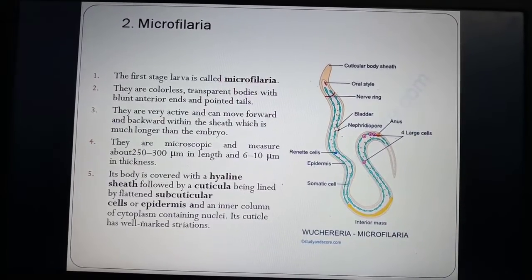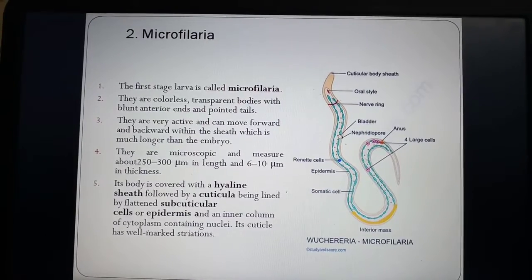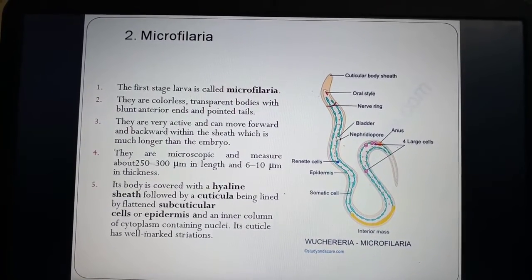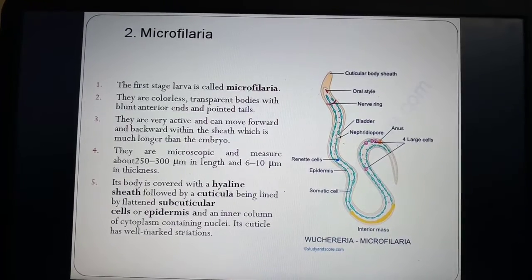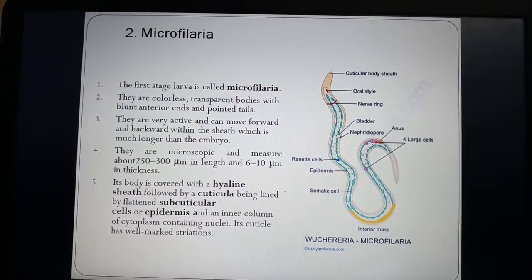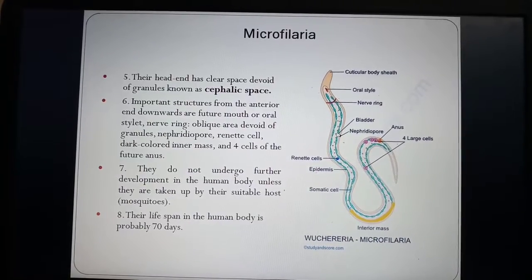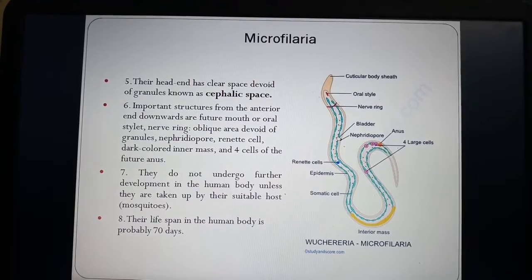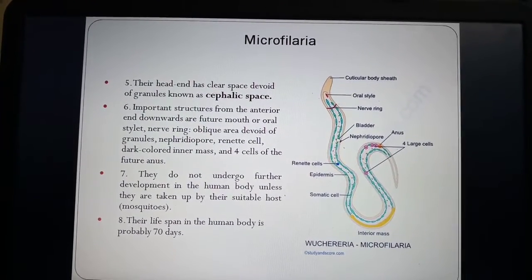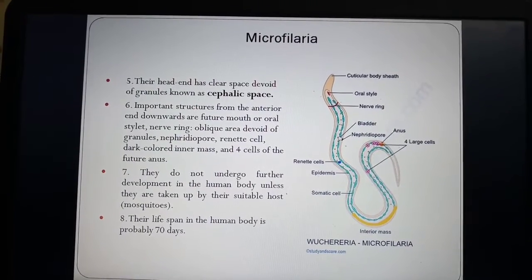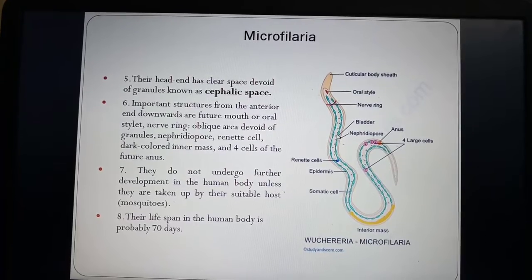Its body is covered with a hyaline sheath followed by cuticle, being lined by flattened subcuticular cells or epidermis and an inner column of cytoplasm containing nuclei. Its cuticle has well-marked striation. The microfilaria's head end has a clear space devoid of granules known as the cephalic space. Important structures from the anterior end downwards are the future mouth or oral